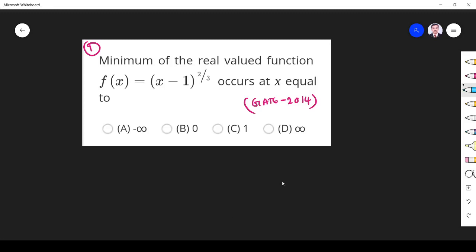Hi friends, in this video we see GATE problems related to maxima and minima. So the first question is